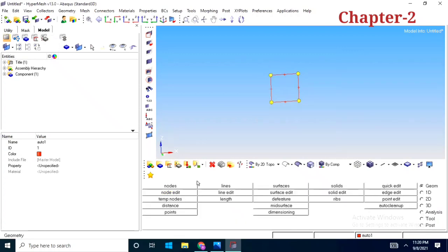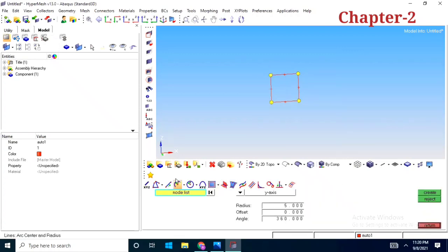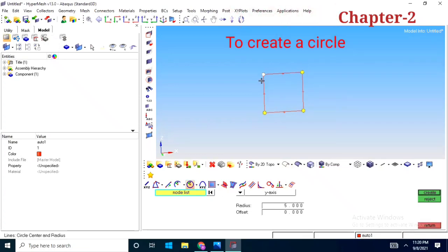Okay, so now the next option is, from line, create a circle. So here we just have to give the center point and the radius, and the axis around which the circle is rotating. So I have given y axis, radius 5. I have created it, it creates the circle. Okay,